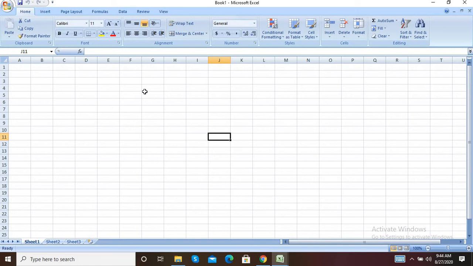Next thing is this cell having a black border is called the active cell. Okay, what is active cell? You can write anything in the active cell. Okay, then this white bar is called a formula bar. When you write something, it will display in that active cell.